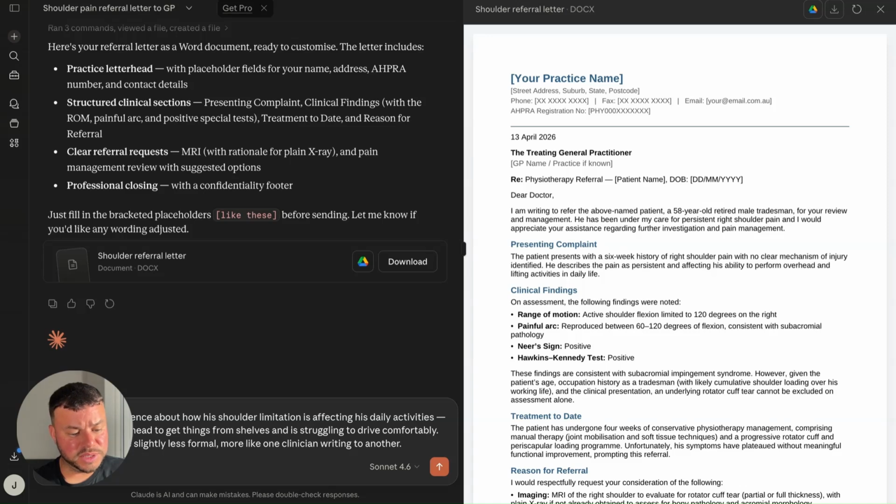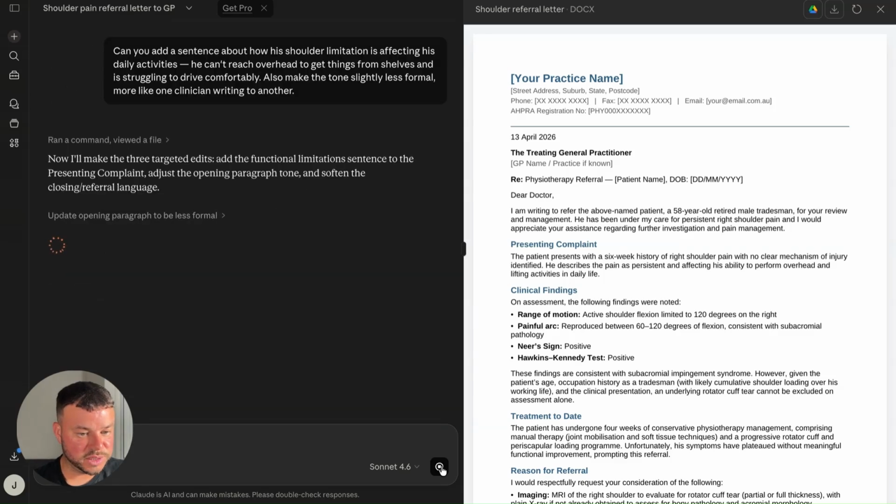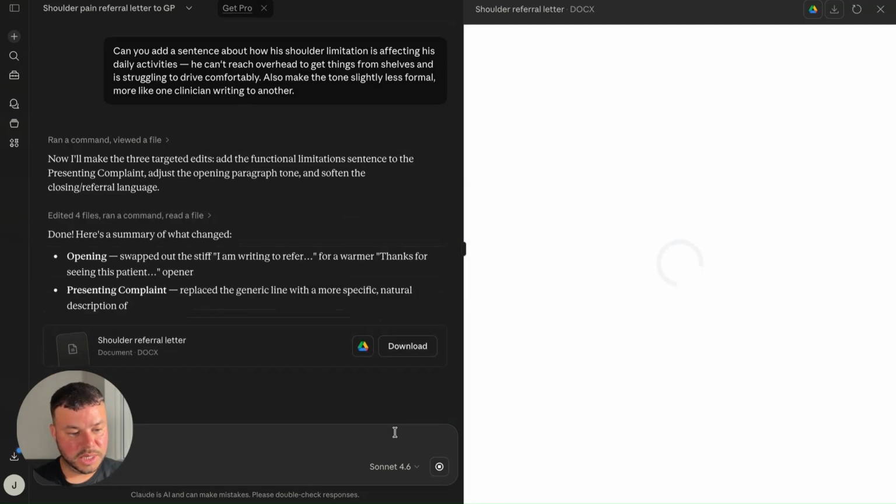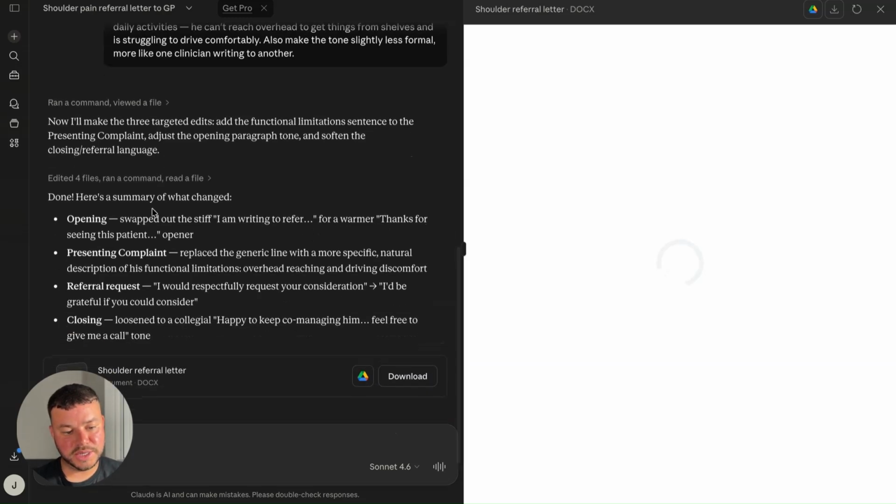I've added a prompt here for Claude to add a sentence about how his shoulder limitations are affecting his daily activities. He can't reach overhead to get things from shelves and is struggling to drive comfortably. I've asked it to make the tone slightly less formal, more like one clinician writing to another. So Claude is going right back to work. It's acknowledged the feedback that we've provided, and it is going to update the document to make the tone slightly more loose. Now it's regenerating the document,